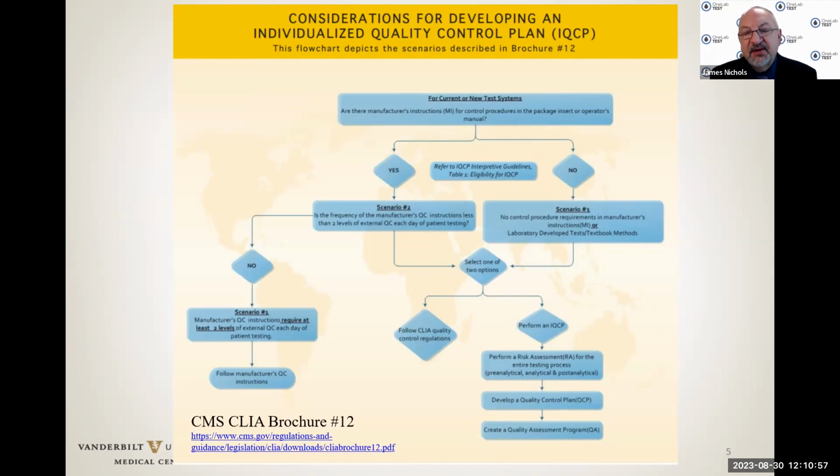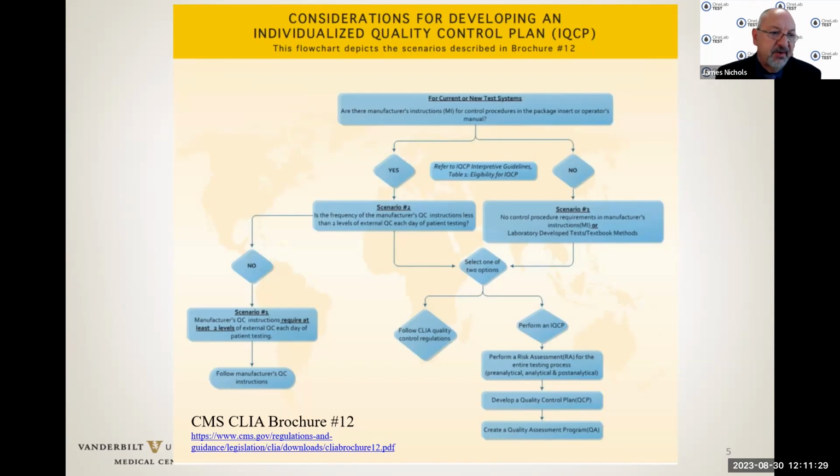If not, heading to the right, you have scenario number 3, where there's no control procedure requirements in the manufacturer's instructions, or it's a laboratory developed test, and you can select one of 2 options. Follow CLIA quality control regulations for 2 controls a day, or perform an IQCP. That has 3 components: a risk assessment, a quality control plan, and a quality assessment program.